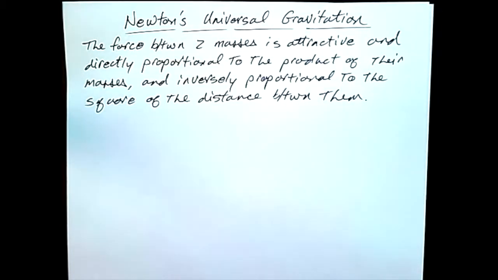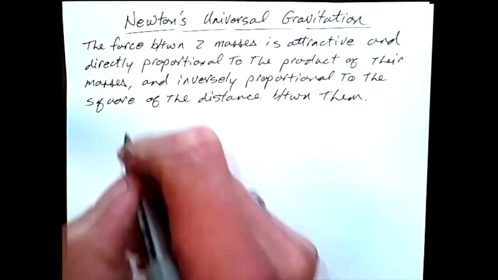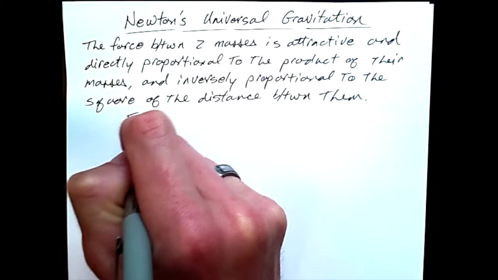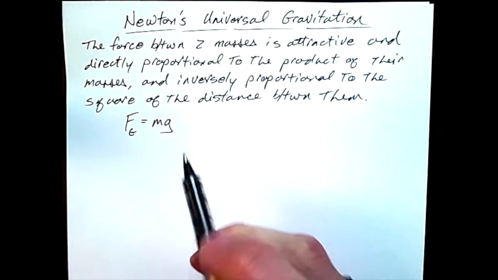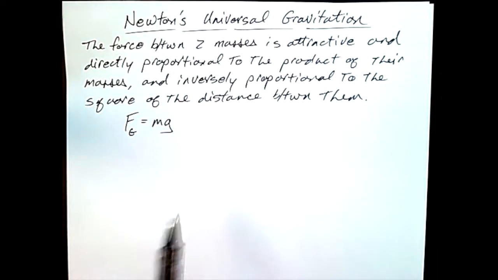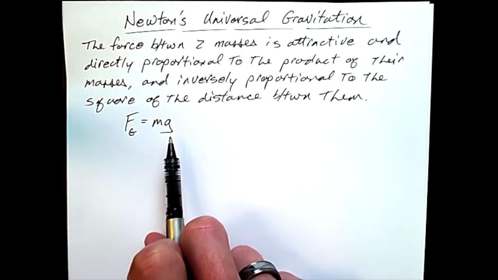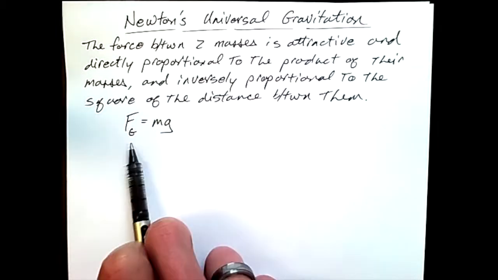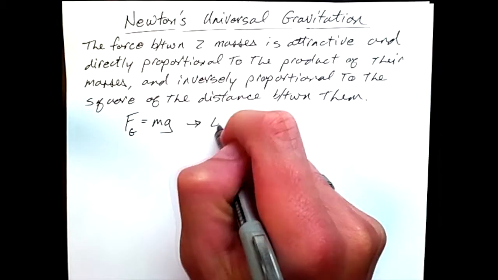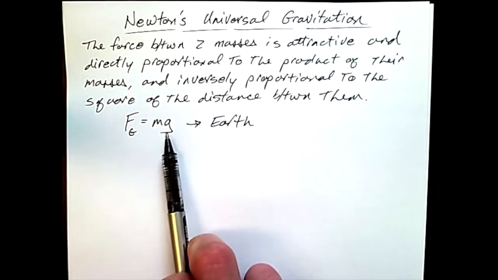As discussed in the Newton's laws video, Newton was able to describe the weight of an object, F_g, the force due to gravity on Earth, as being mass times gravity, with lowercase g being the acceleration that Galileo had calculated through his Leaning Tower of Pisa experiments, 9.8 meters per second squared. However, this is specific to Earth, because we live on Earth and Galileo was able to measure the